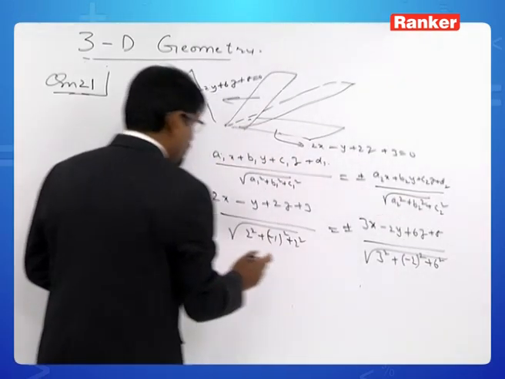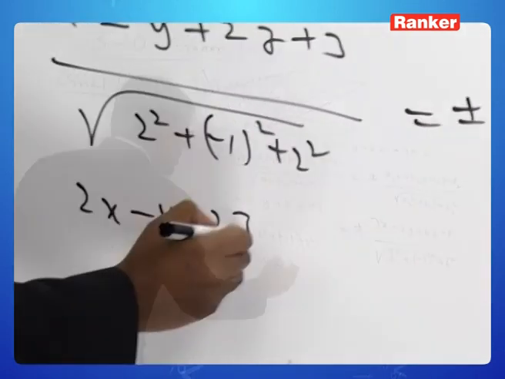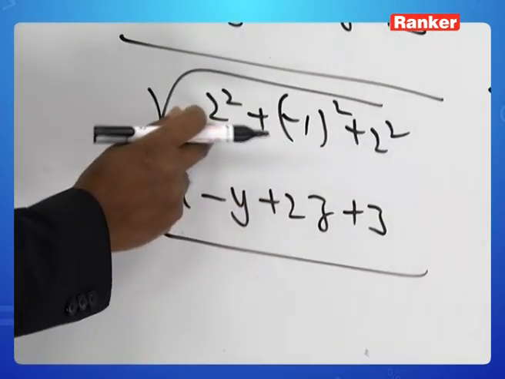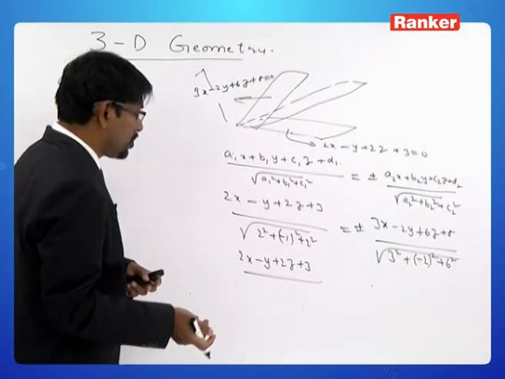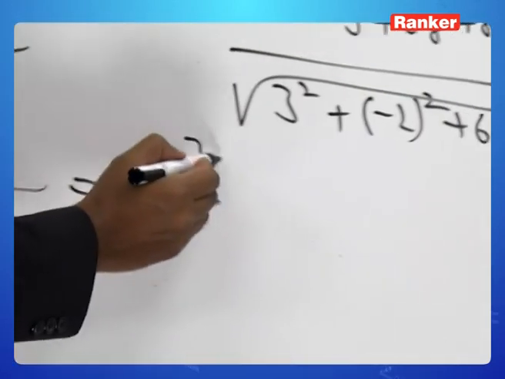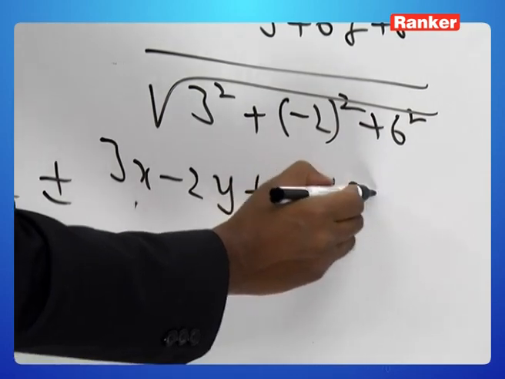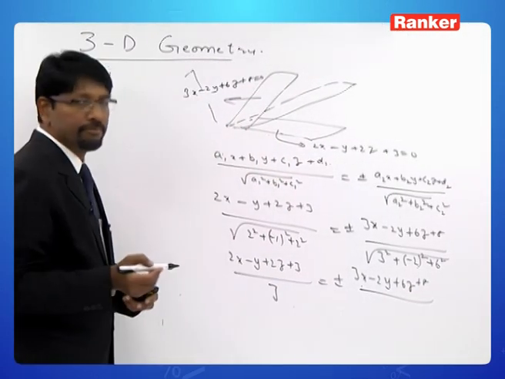So we get (2x minus y plus 2z plus 3) by 3, because 4 plus 4 plus 1 under root is 3, equal to plus or minus (3x minus 2y plus 6z plus 8) divided by